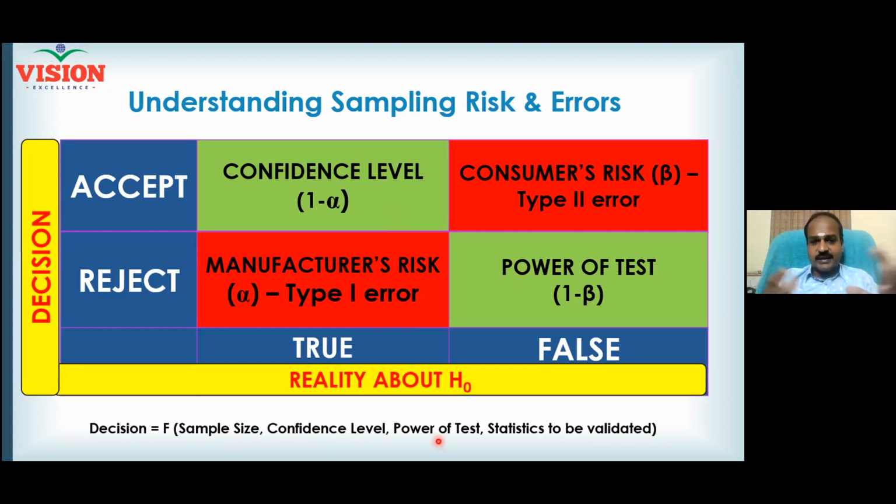I give you 100 products. I am your supplier. I mix 10 bad products every time. So in 100 products, how many bad products are there? 10 bad products are there. Now your quality engineers are checking the incoming raw material and accepting it. If your quality engineers correctly detect the 10 bad products and correctly reject them, that is called the power of test. You understand? Yes, sir. If the product is bad and you are still accepting it, your consumer will be under risk. Am I right? You have accepted a bad raw material and that is going to reach your customer. Now customers are under risk.